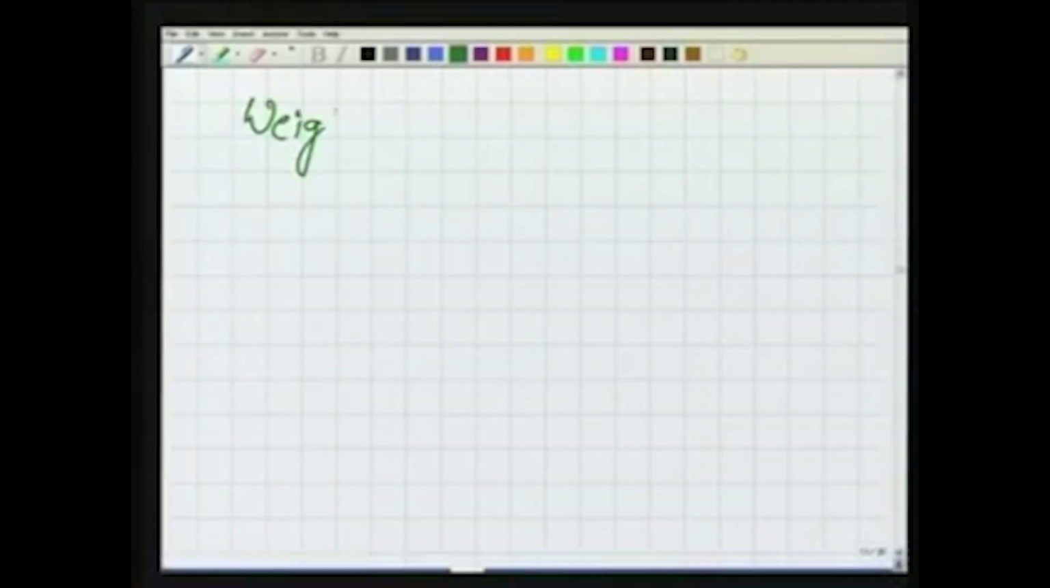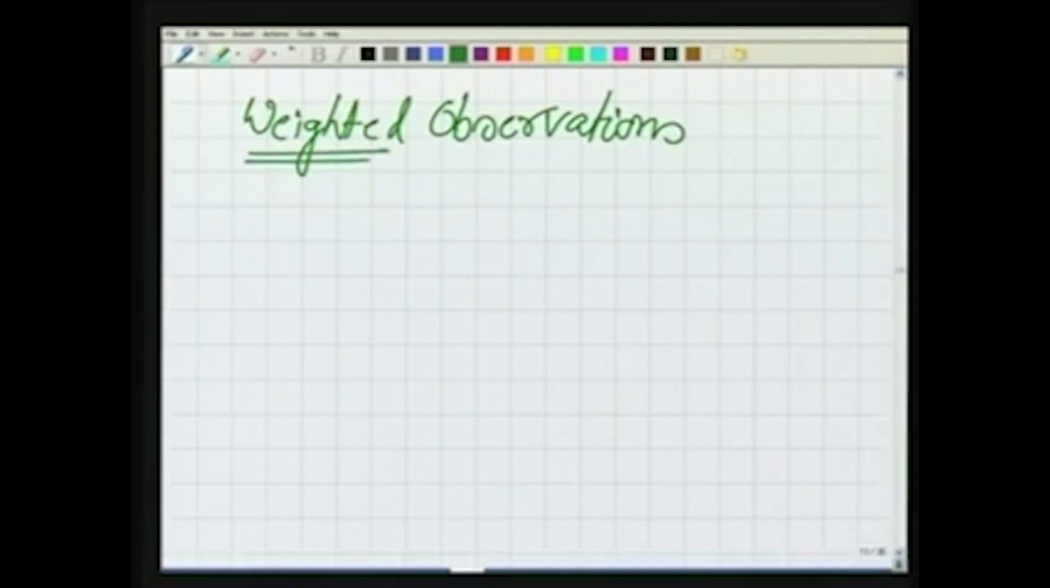Now, after this, we will start talking about weighted observations. What is the meaning of this? I will pose one question first. The question is,